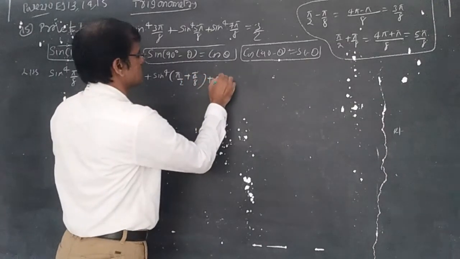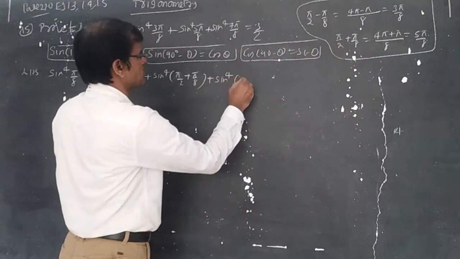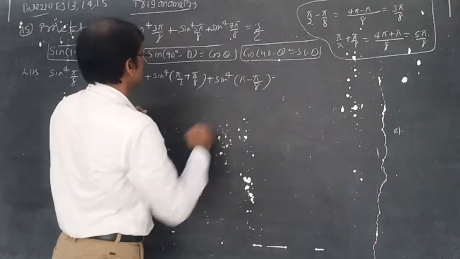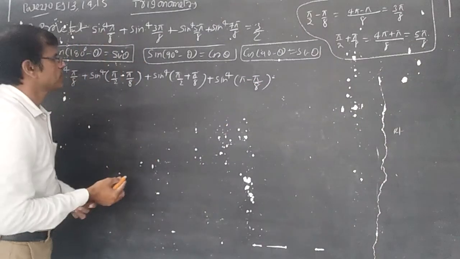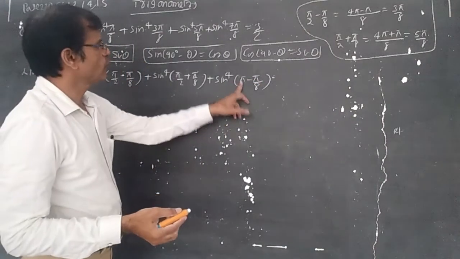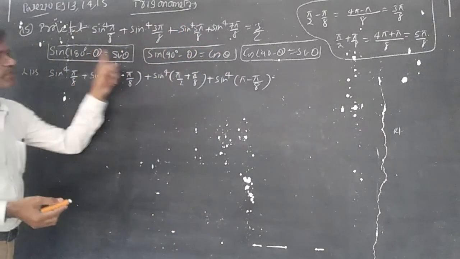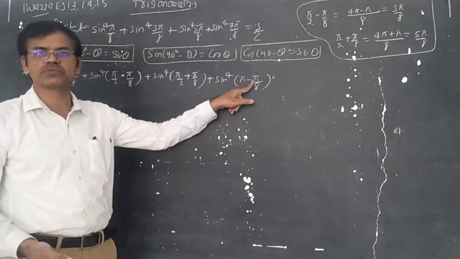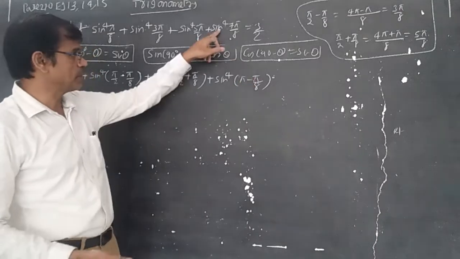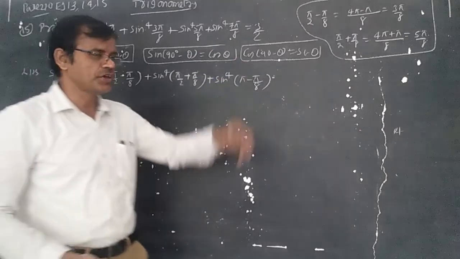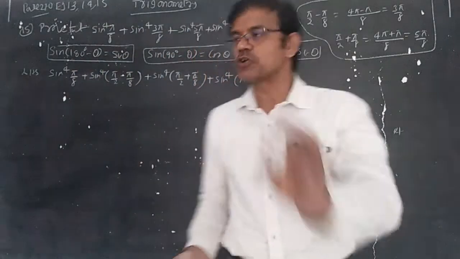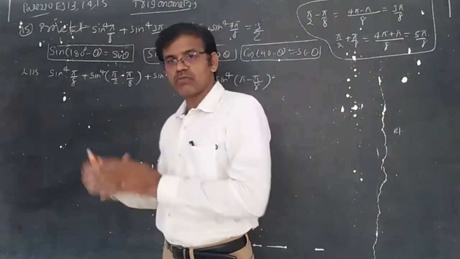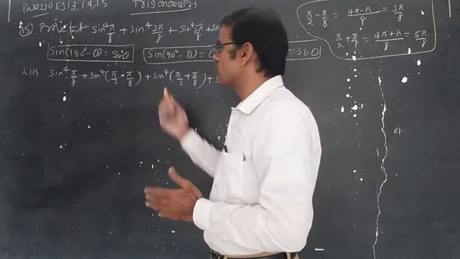Plus, this can be understood as sin power 4 of pi minus pi by 8. Sin power 4 of 180 minus theta is written here. Pi minus pi by 8, why did you write it, sir? You can ask. By taking LCM 8, 8 pi minus pi becomes 7 pi, so 7 pi by 8 is simply converted like this. Why are you converting like this, sir? We should get the answer only numerical, not in terms of sin. So from unknown concept to known concept, you should convert the values.